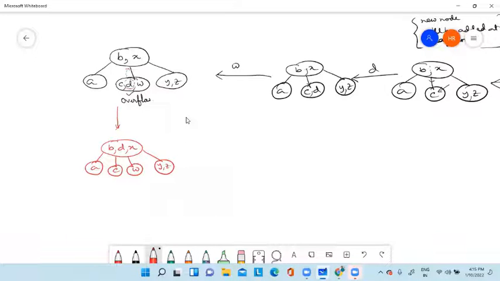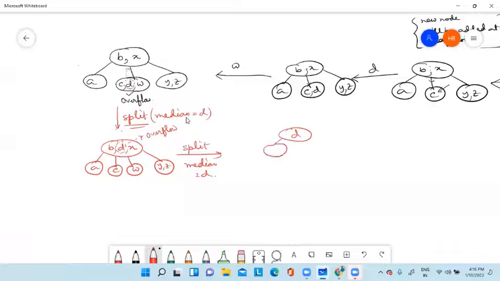But see, now this particular node is overflow. So split, you should write what is the median you have chosen and you are performing splitting here. Again for this, again we have to write split median. So here median is D. Based on D you have to split. So D becomes the father of this two. So your new picture become like this. D, this side B, this side X, this side A, and this side C, this side W, this side Y,